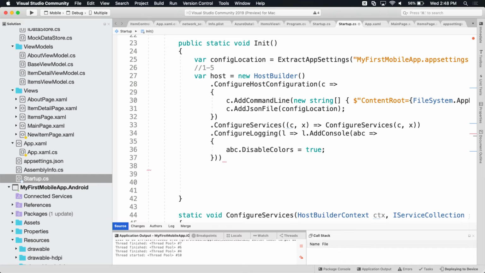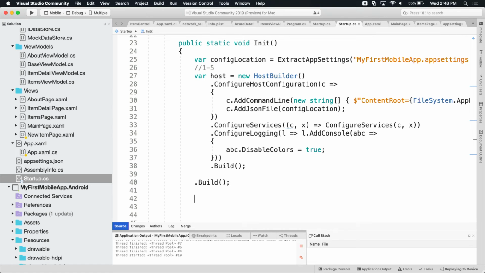And now we want logging, right? Because everybody needs logging. Because how else can you find out what's broken? There's no other good way to do it, especially when your app is running through 7 layers of emulation. And it's all right there built in. All we're doing here is disabling colors because most of the convenient ways of getting these console logs out don't render ANSI colors. So we just disable that. And then I build. Done. Now, for those of you who have built an ASP.NET Core application before, this should look pretty familiar.